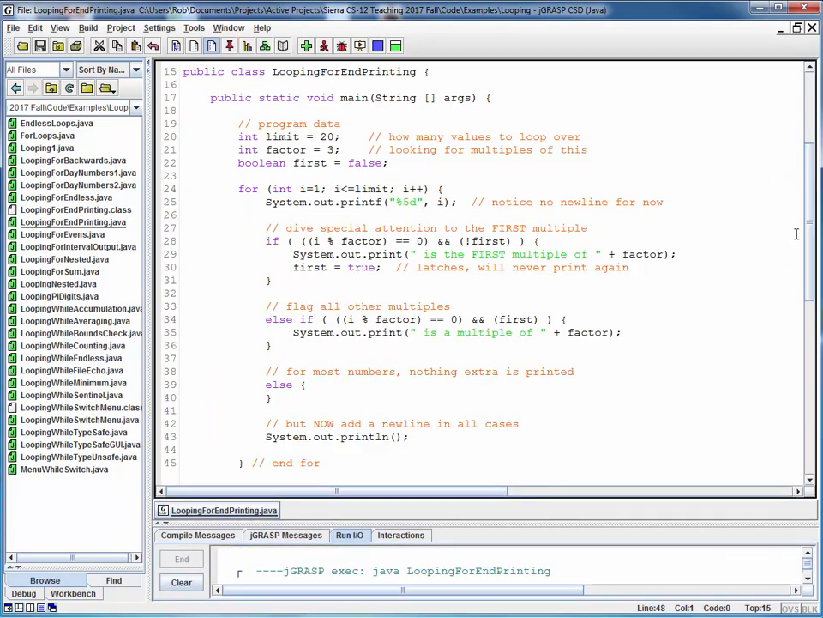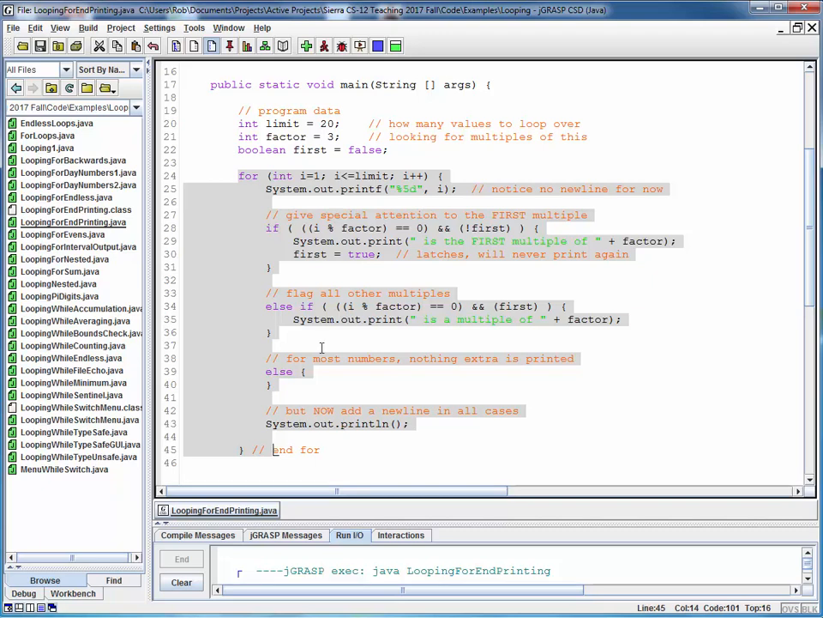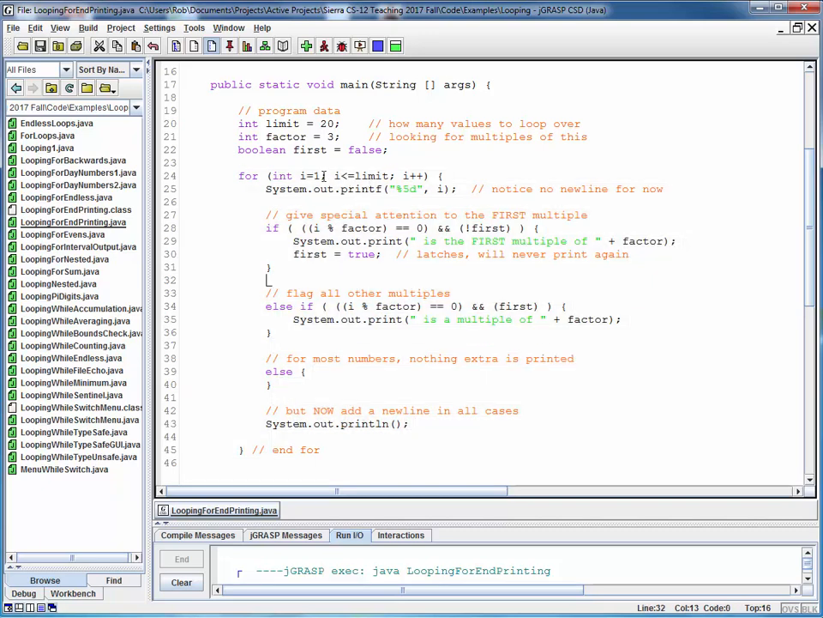Let me make the window a little bit bigger so that we can see all the code at once. The guts of this code is this for loop right here. We're going to loop from 1 to this limit of 20, and we're going to print not by using println, but we're going to print using printf, which keeps the output cursor on the same line. So after we've printed our numbers out using this format, we're going to go through these 3 logic cases of